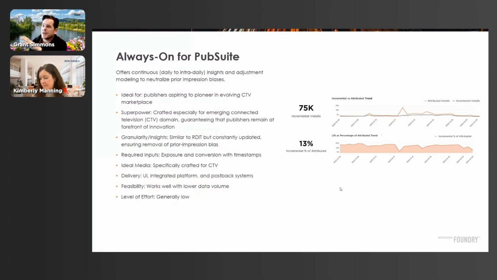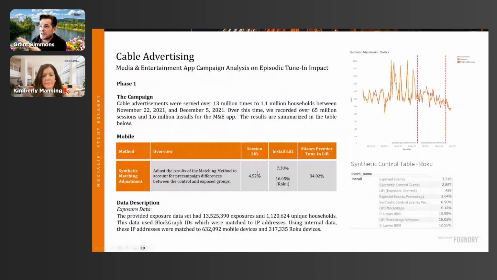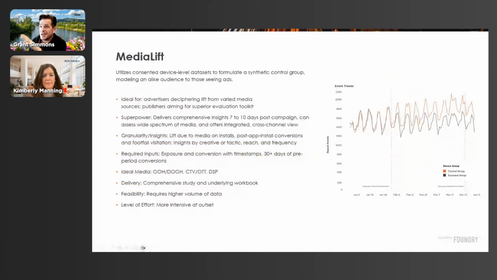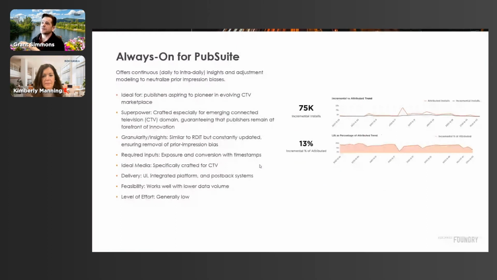And so what we did, and we can get into the meat of it in a separate meeting for anybody who's interested, is we basically took regression discontinuity with some elements of media lift, largely the modeling part, and we do a modeling time series regression to have an overall ongoing contribution curve that we can report back to the publisher. So for anybody who's on the call and is curious about an always-on solution from a publisher view, please get in touch. This is a pretty neat service.